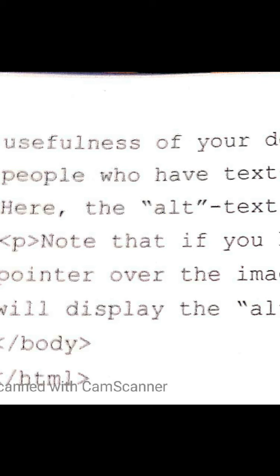So in today's video, we have learned about the two attributes, that is src and alt. Why are we using src? Because this attribute will tell you where the image location is. And why are we using the alt attribute? This attribute provides alternate information for an image if a user cannot view it for some reason.